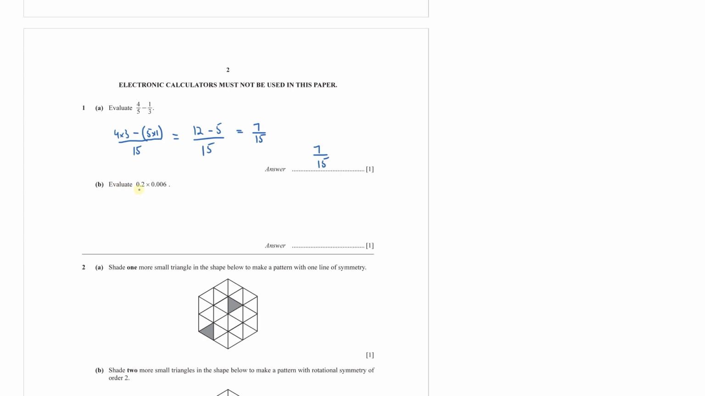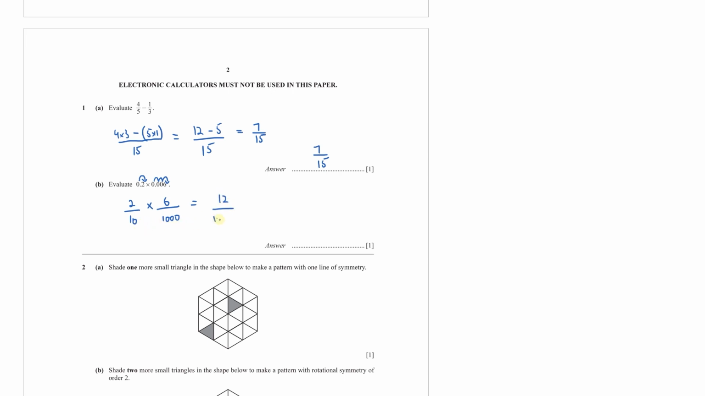Part B is evaluate 0.2 times 0.006. I always convert them to fractions, which makes the multiplication much easier. For 0.2, I will move the decimal one place to the right, so this becomes 2 over 10. And then multiply by 0.006, where the decimal will move three places to the right. So this will become 6 over 1000. So this becomes 12 over